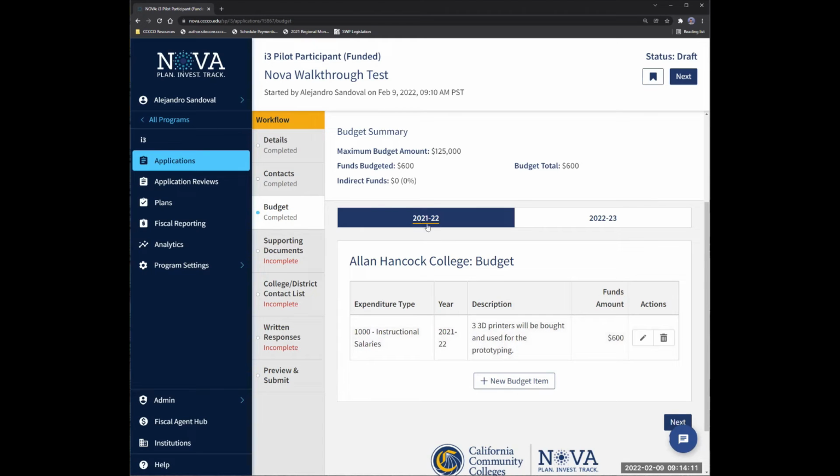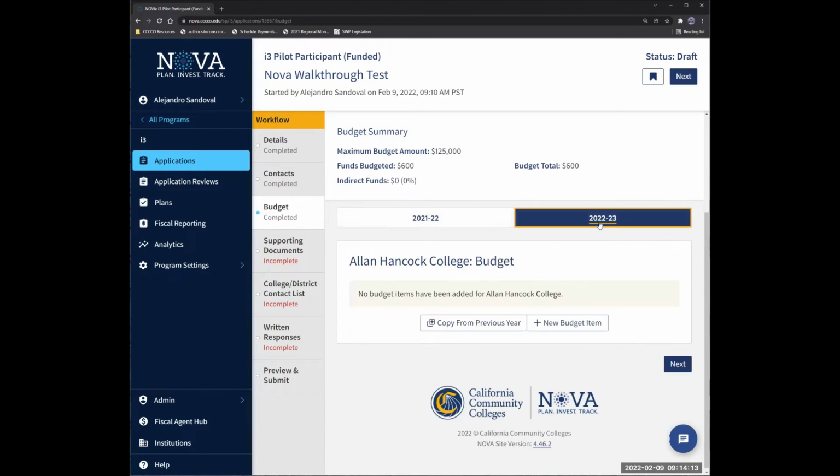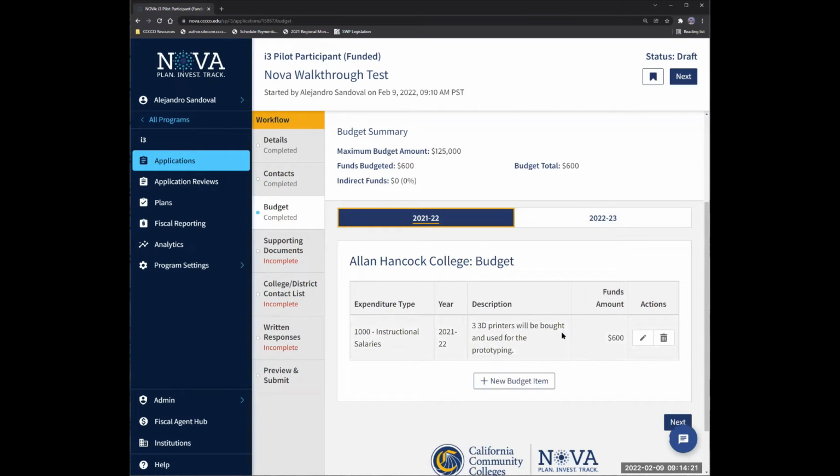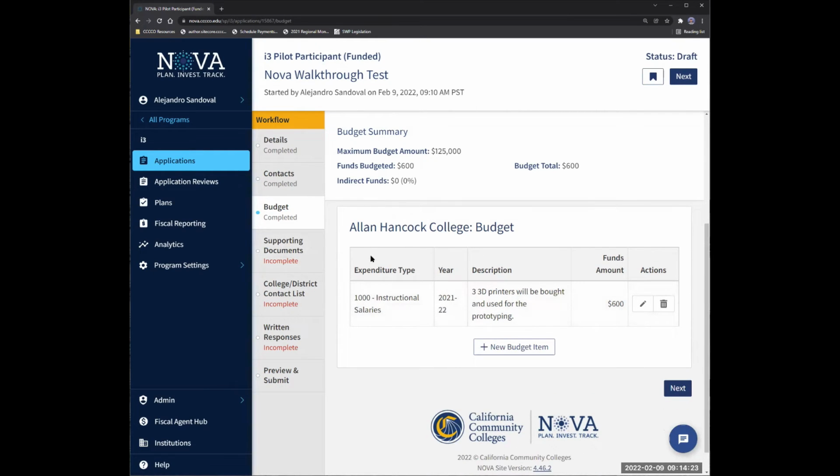And then we see here that the fiscal year is 21-22. You can also add either the same budget from the prior year for that fiscal year or add new budget items. And you do that for each budget line item. After you enter your budget,